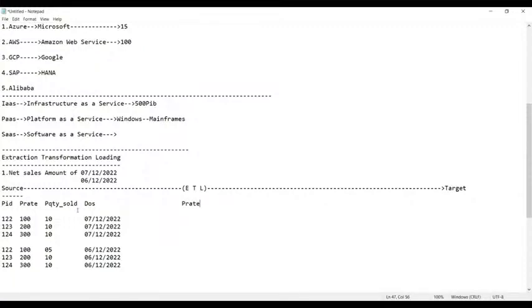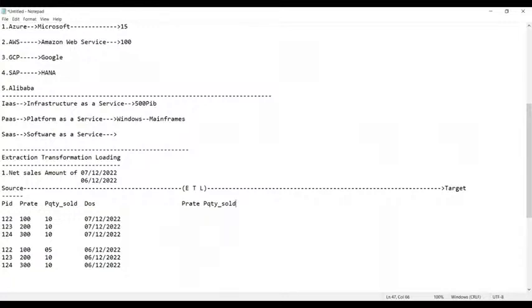Now tell me, do you require the product quantity sold? Of course, we require it. Product quantity sold, QTY sold. Now tell me, do you require the date of sales or not?